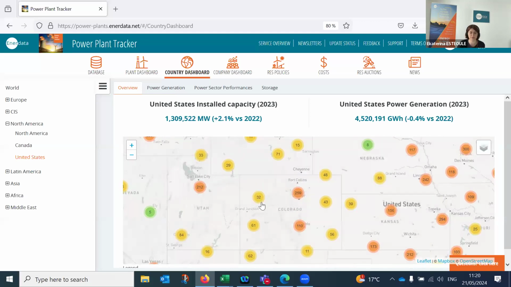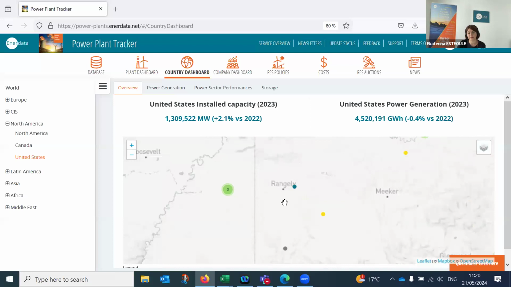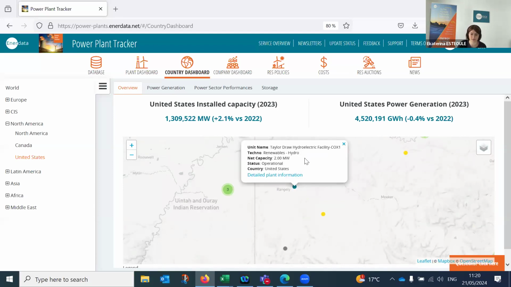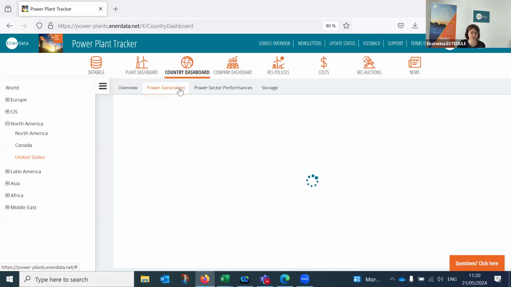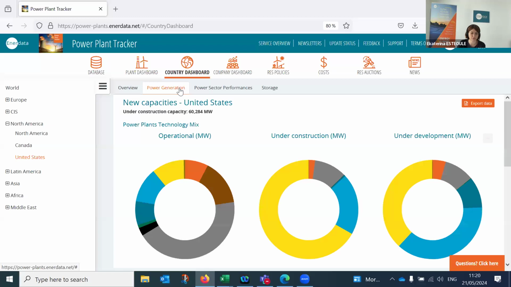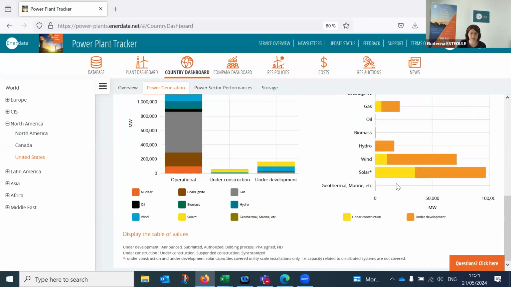So here, as you may see, you can easily zoom and get information on plant level by clicking on the plant, and the quick summary is available here. And if need be, you can go and visualize detailed plant information, and you will be transferred to the plant dashboard. Or you can get some additional information on generation. So it's on operational facilities, on construction, and on development, meaning on the project level.